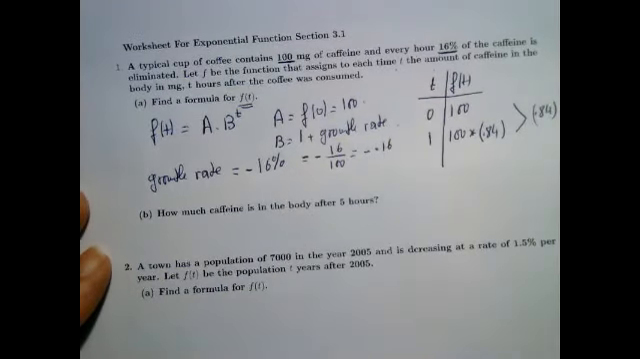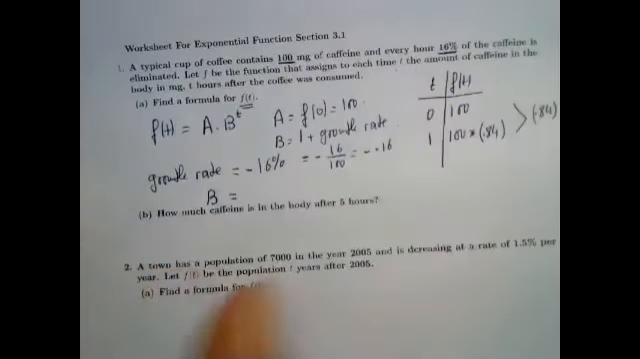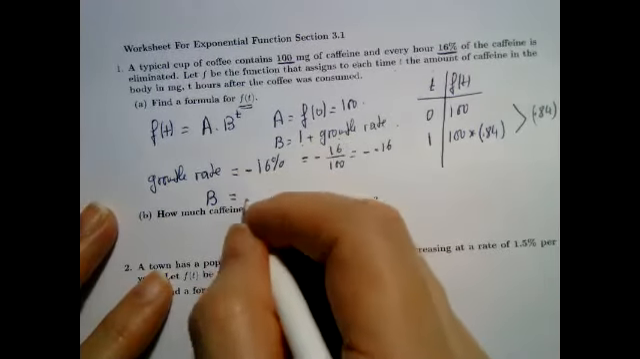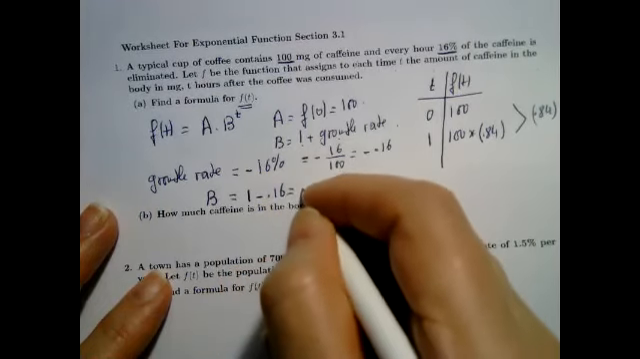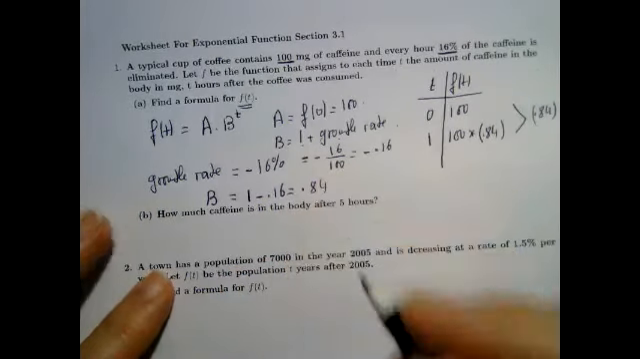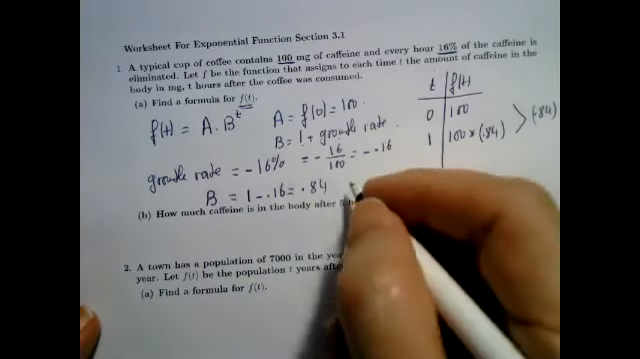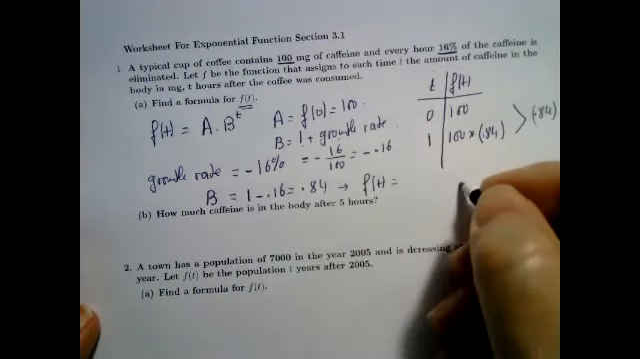That's the growth rate. The growth factor, which is the B, you have to understand the difference between those two. The growth factor, which is the B, is 1 minus 0.16, which is 0.84. So the 0.84 is called the factor, not the rate. So this gives me that my function f of t equals